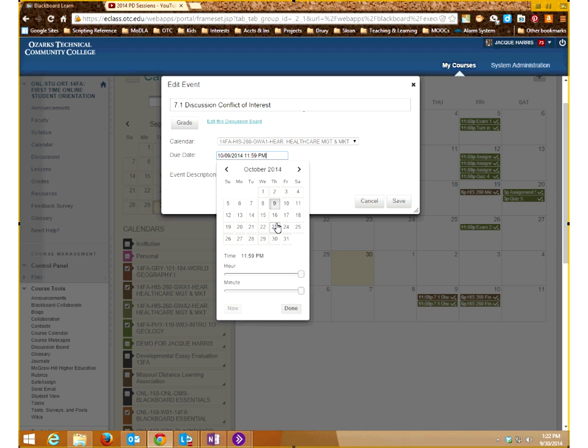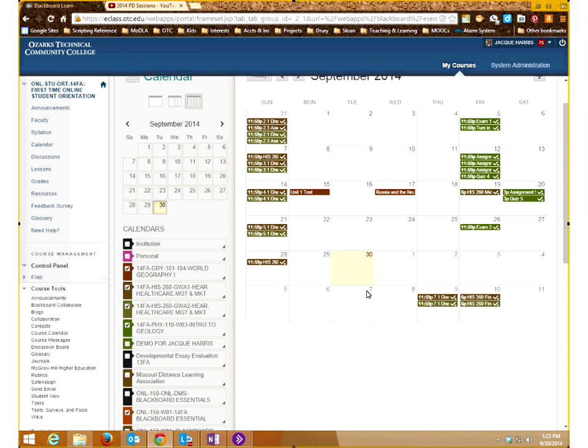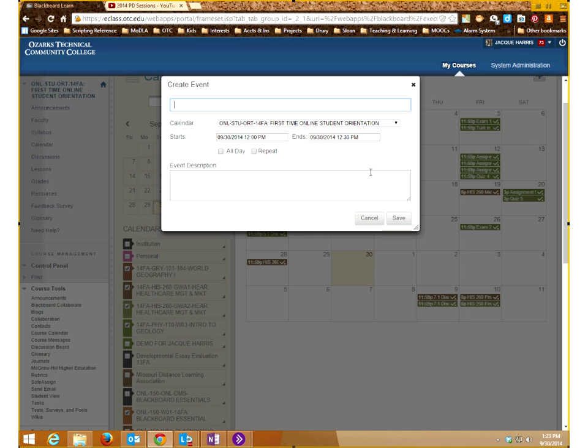You can change the date here, and it will change the due date on the item. If you change the date on the item, it will change where it's located on the calendar. So those things sync, and they link together. So if you change one, you're changing both of them within that same course, not the other section. So say you had 3 different sections, and you noticed, oh, they should all have the due date here, but one of them is a day off, you can just drag and drop those. So I'm going to not do that on this other person's course, but